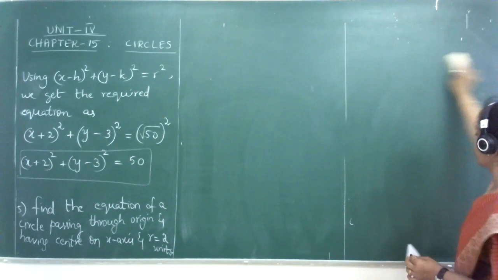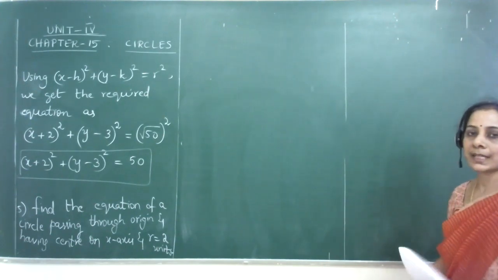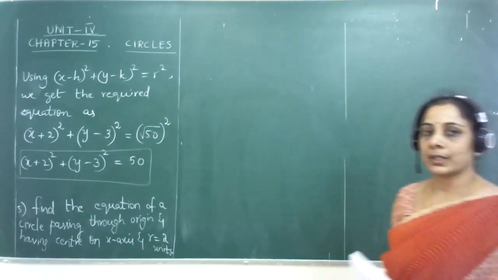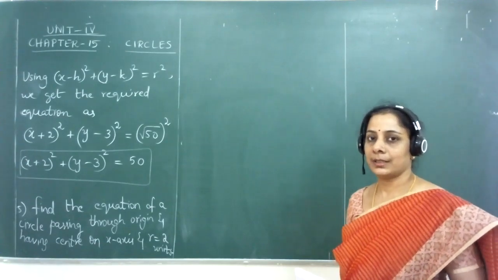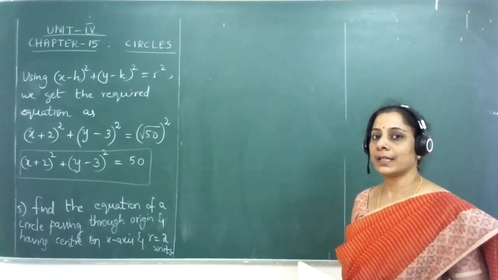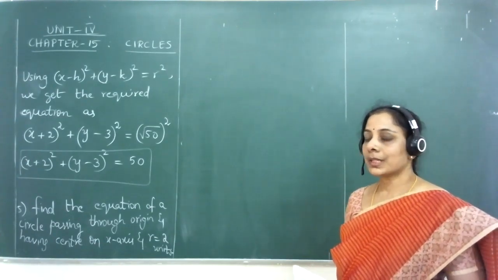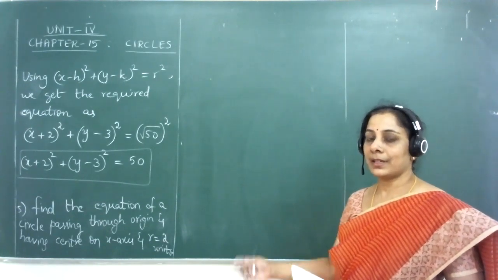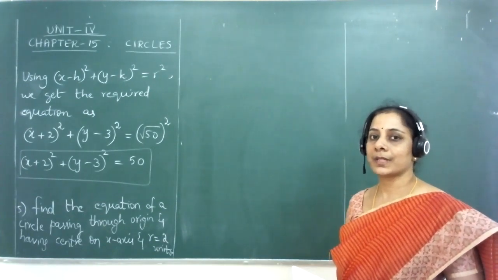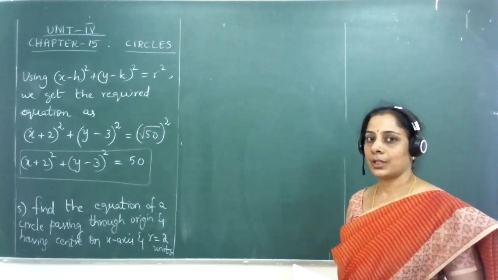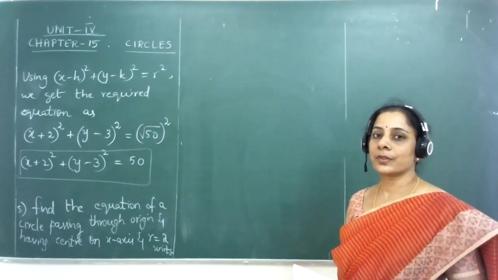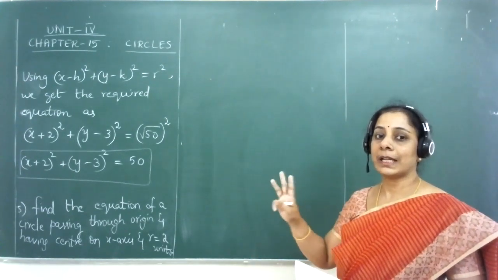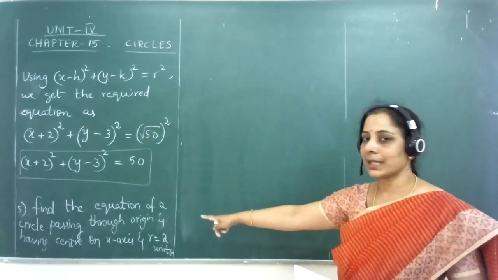The general equation of a circle, as we all have seen by now, has 3 parameters to it, isn't it? G, F, and C. If those 3 parameters are known to us, then the equation of the circle can be found out. So to determine the values of G, F, and C, they have to give you 3 data, which is what is given in the question.